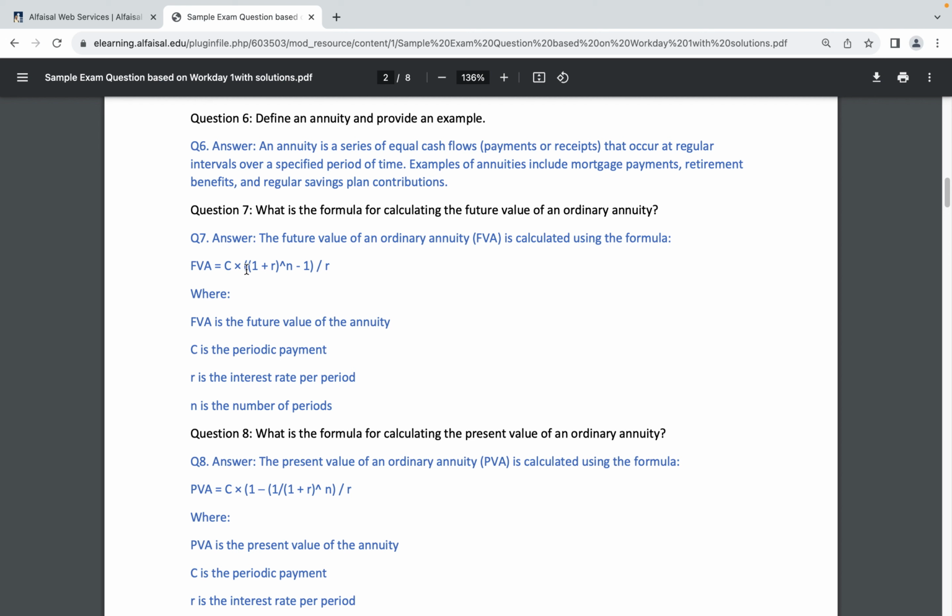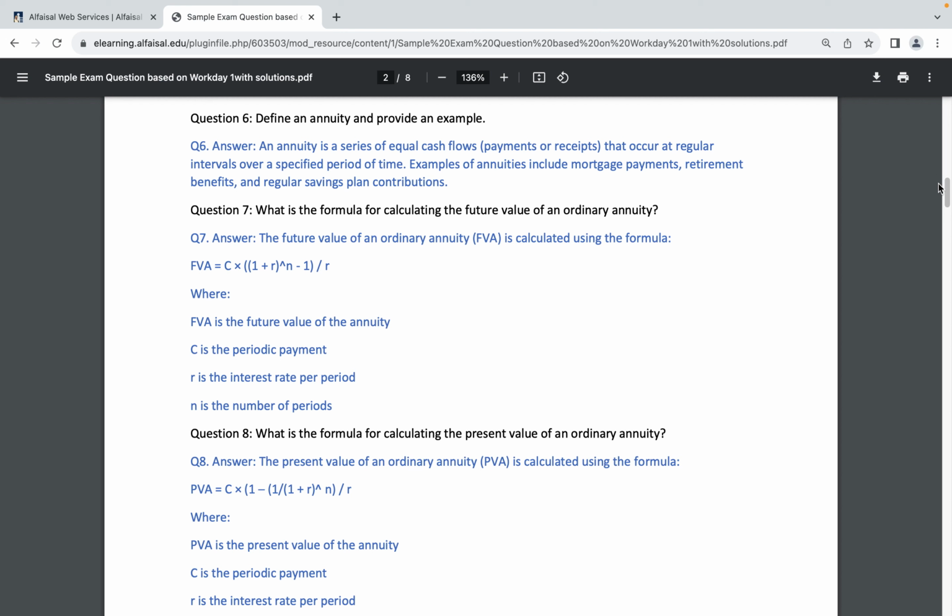Okay, so what you're seeing there is that we are taking into consideration the annual rate and the number of years in order to be able to understand that future value of annuity formula, right? So our next question looks at the present value of annuity formula, and that is the two types of annuities